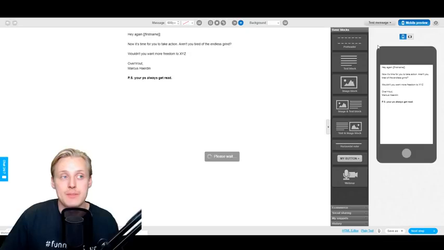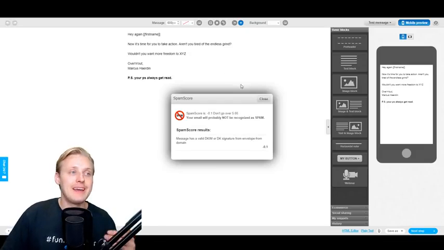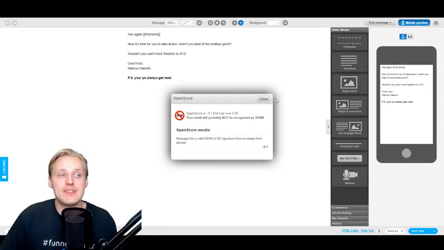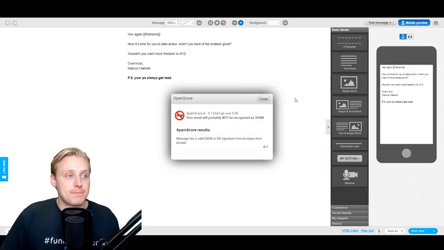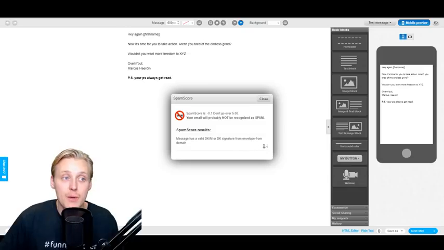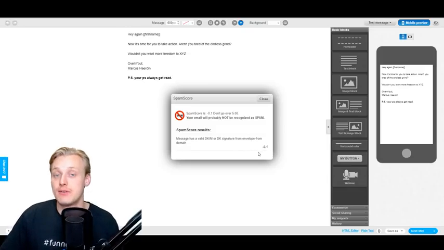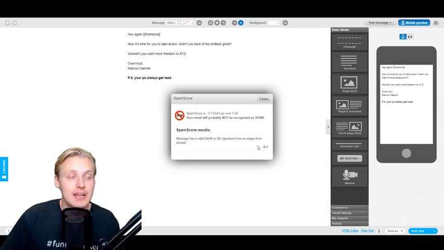So if you click spam score, your message will be analyzed by the engine at GetResponse, and you can see that the message has a valid DKIM or DK signature from the envelope from domain, which means that I get a score of minus 0.1 because it's a very good thing, and it adds to the deliverability. So my score is actually minus 0.1,